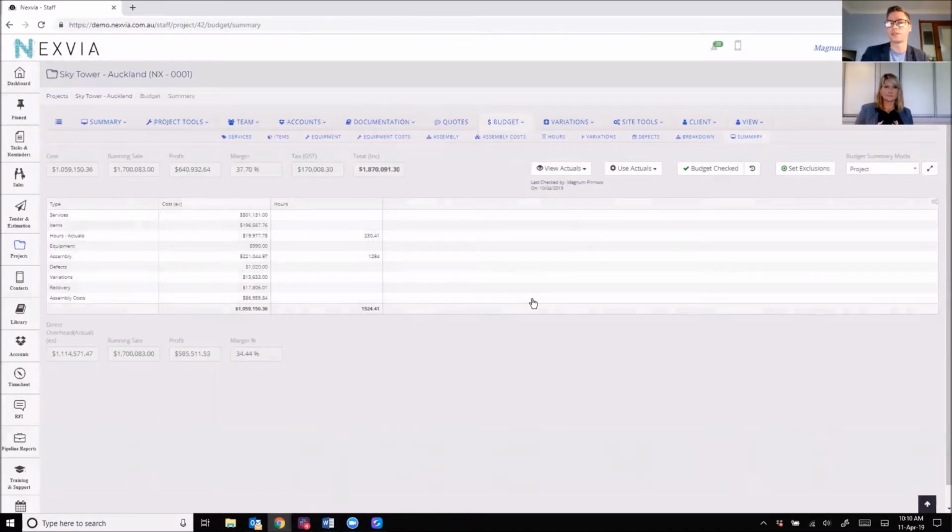The summary screen allows us to see what margin we are making, are we winning, are we losing, or is something going wrong, or someone made a mistake? And that's really the key to it. Because construction happens so fast, we need to see what it is right now, what it could be tomorrow, or next week. If something does go wrong in that area and we see the GP drop on a project,